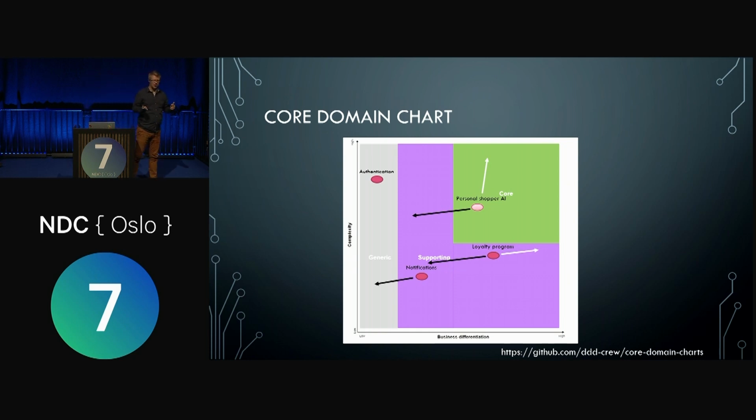So it's not just static. It's also a question of, okay, we might be okay with notifications slipping completely into just being generic, because at that point we can just retire our own service and buy it from a third party, and that's probably cheaper than maintaining it ourselves. But the loyalty program, we have lots of good ideas, so we actually want to move that the other way. We want to be better than our competitors. We don't want to just copy them, we want to get ahead with that one. So that's also an input.